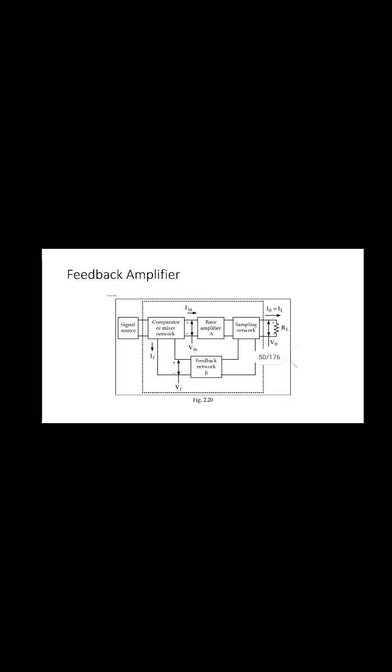So the part of the signal fed back is subtracted from the actual input signal. A difference signal is therefore applied to the basic amplifier, which amplifies this difference and gives it to the load. So the main advantage is in the negative feedback amplifier versus positive. Positive means adding the two signals. Negative means subtracting, which means a 180 degree phase shift.